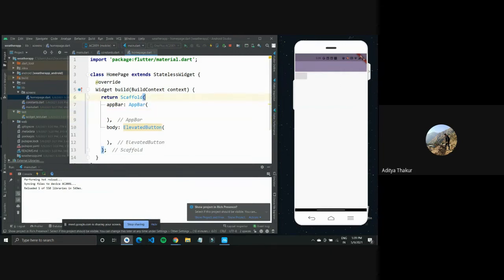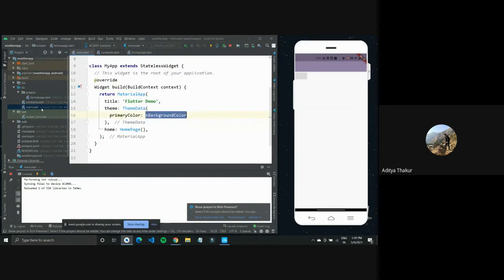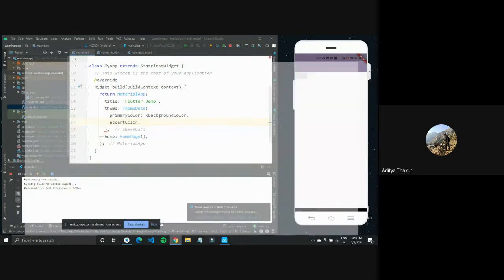So this is about the theme side of it. And if you want to define this, let us also go back to our main.dart again, and this time let's define an accent color. Okay, now there is this small thing that happened here. There was a lot of indentation. What this shows is we forgot to put a comma here, that is why this happened. And what we need to do now is accent color, and we'll use one of the colors again from Color